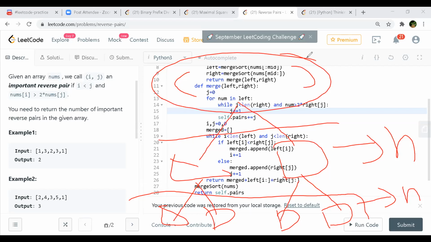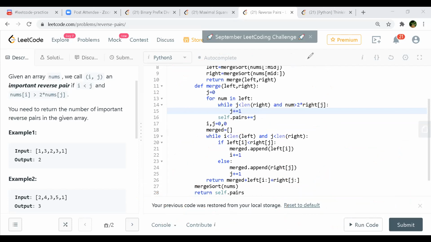Oh, okay. Thanks. Actually, there was a similar problem without this 2 into nums of j condition. There, if we want to do a direct merge, then we can take the other part of the array. So I think it's a little different in that problem. I mean, there was a similar problem, but the only thing is nums of i has to be greater than nums of j. You need to find how many. That is the pair problem, based on that only.